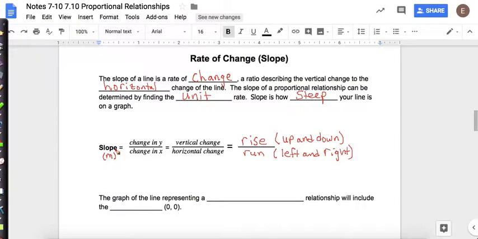Okay, now the graph of the line representing a proportional relationship will include the origin. So if it's a proportional relationship, meaning it's a multiplication pattern all the way through, it will go right through the origin. Now, before we go on further and look at examples, I want to